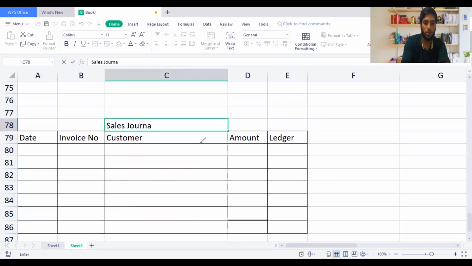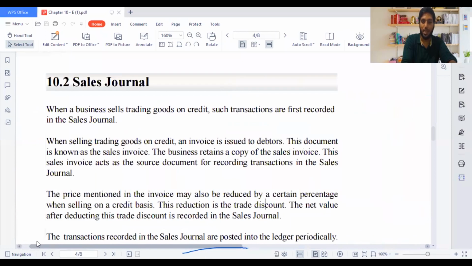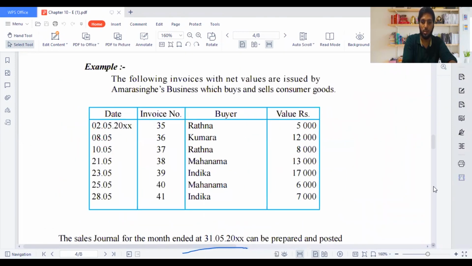Here you can write sales journal. What do you need to write? You need to record sales journal. Once you record sales journal, it's completely correct. I'm going to move on to the sum and explain how it works. Now you guys can see this is the same way we did on the previous purchase account. They have taken the same format, and in a similar way you should be able to record it in the sum in order to get good marks on your paper.